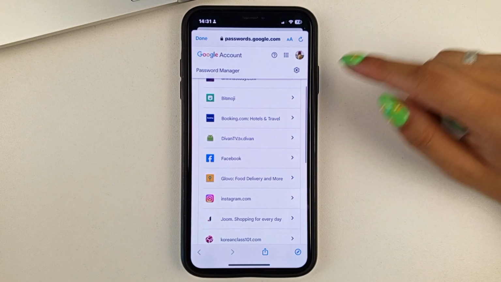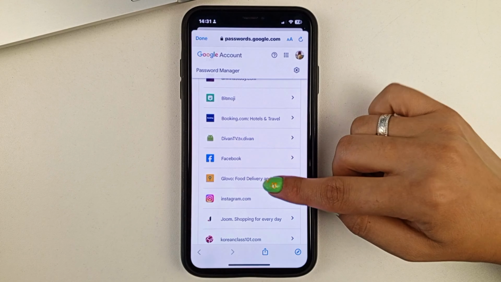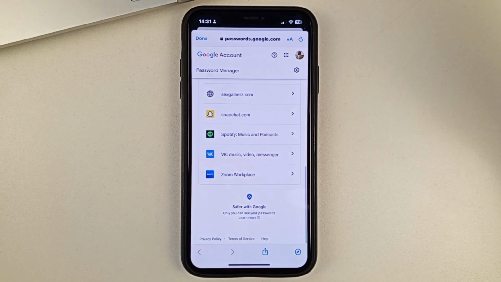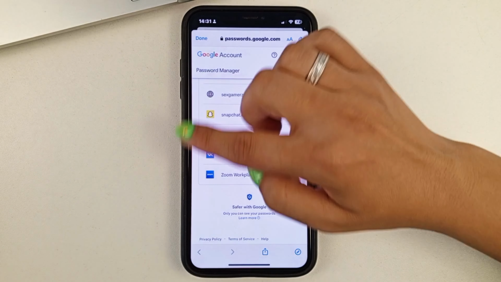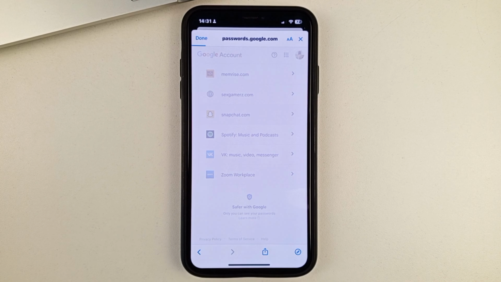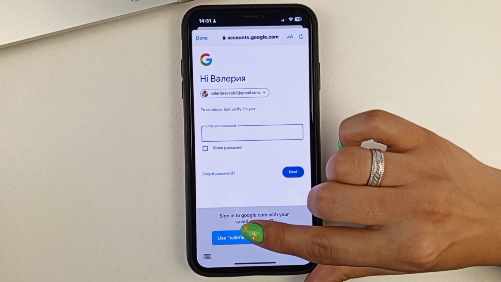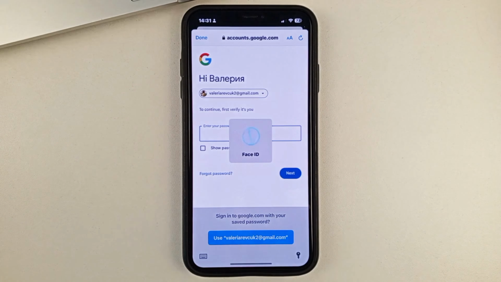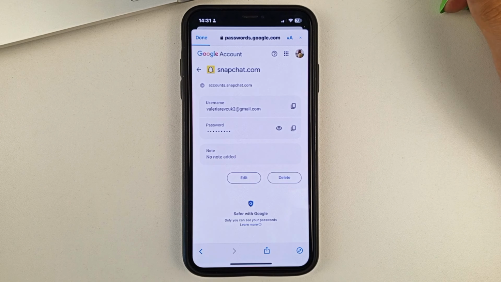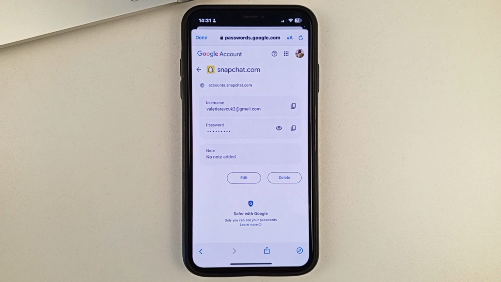And here you will be able to see absolutely all the passwords that are tied to this Gmail account. And let's say, if you want to know some password, then just go to the application that you need. And so you'll see this kind of information about yourself.